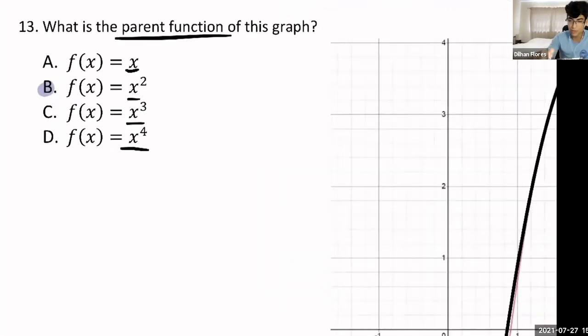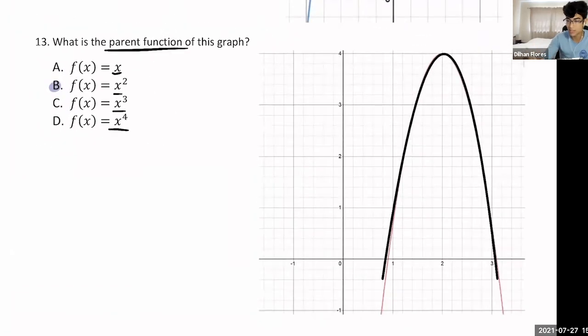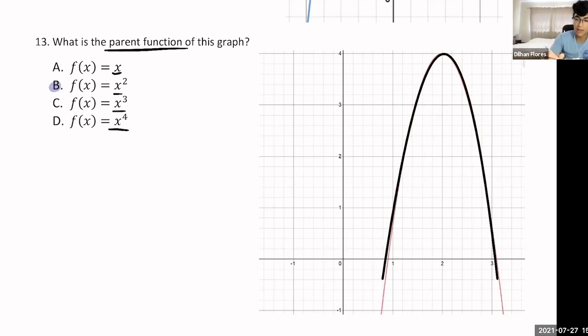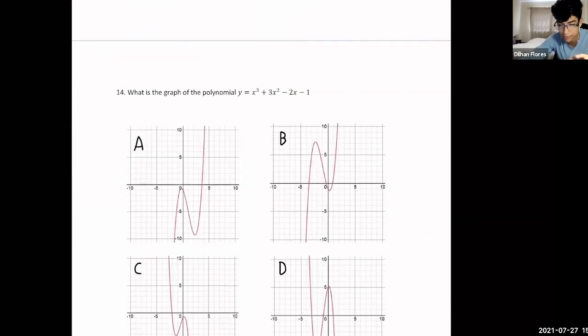All right, so even though this is not the graph of x squared, x squared would be something like that. So although this is not the graph of x squared, this is a parabola. This is a quadratic. That is what they mean by parent function. A quadratic is the only function that can make this type of shape. So there you go. What's the next one?